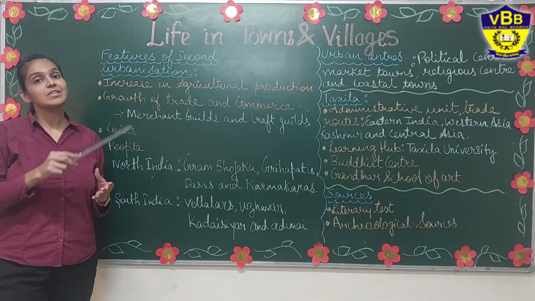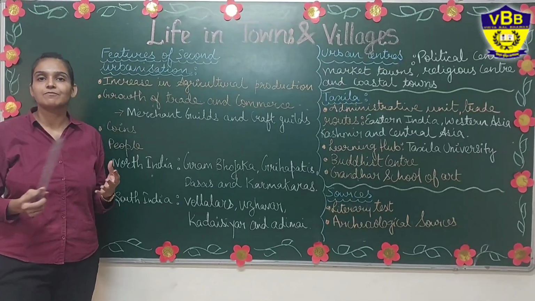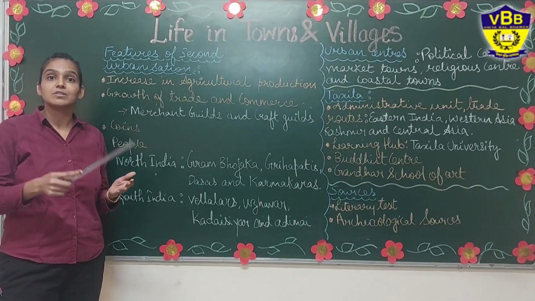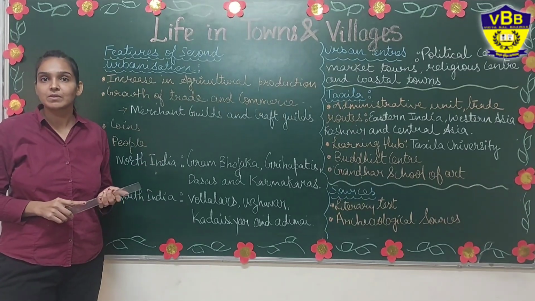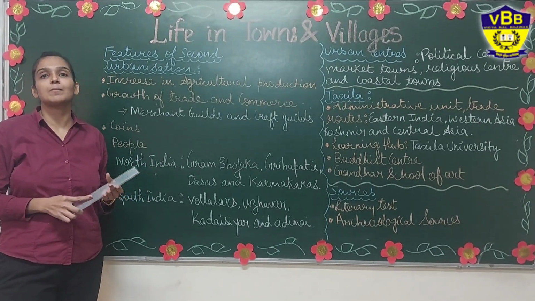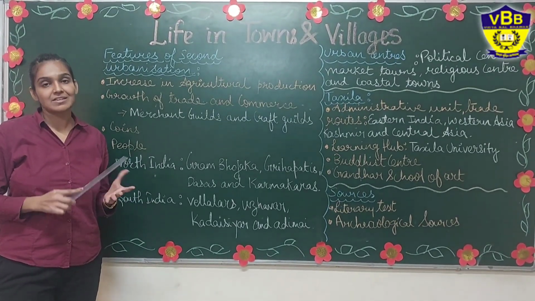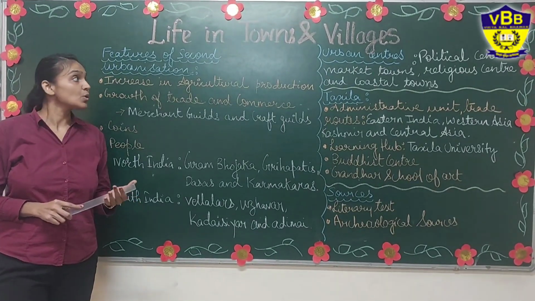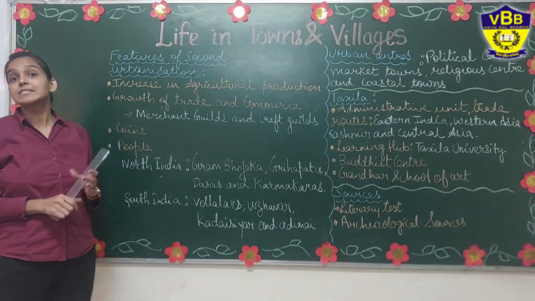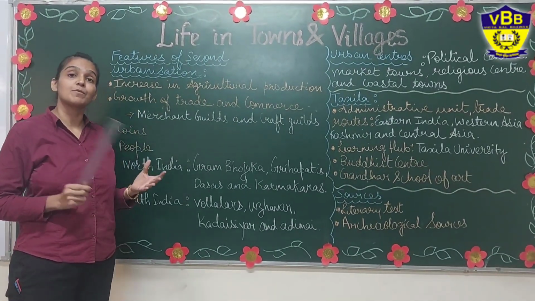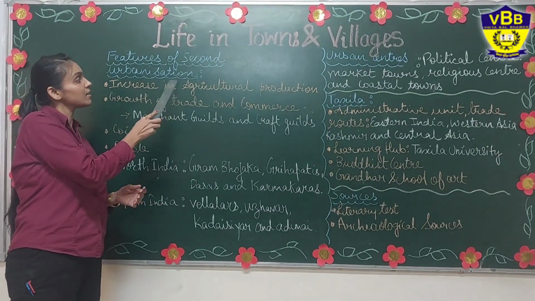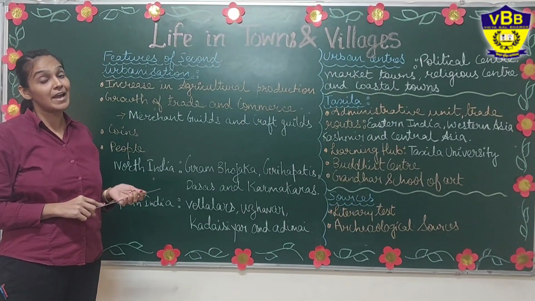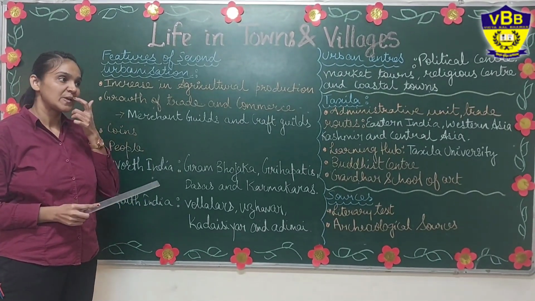So the Harappan Valley civilization was the first civilization, but after its decline in 1500, for a long 1000 years, there were no towns. So in the 6th century, towns came up in the Gangetic Basin, that is in the northern part of your country. So that phase when the 16 Mahajanpadas developed from the Janpadas is known as second urbanization. The time period in the 6th century when people started again living in the towns and cities.